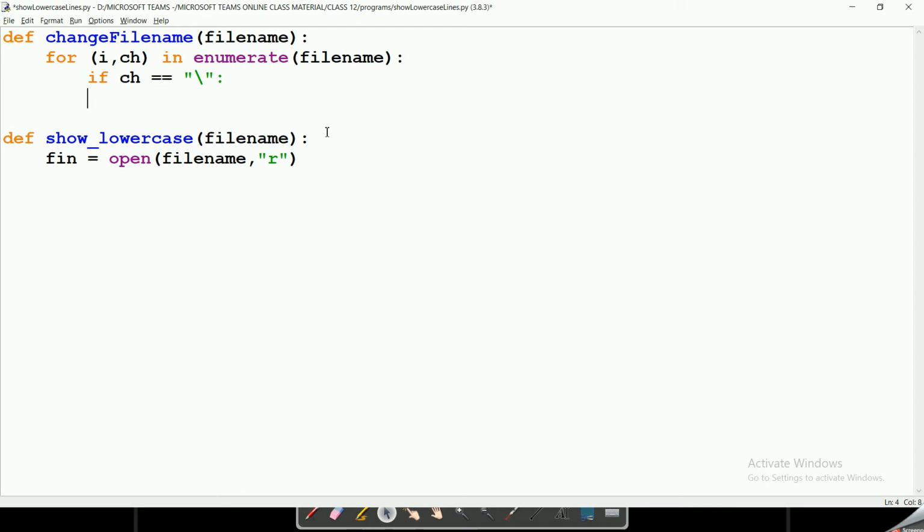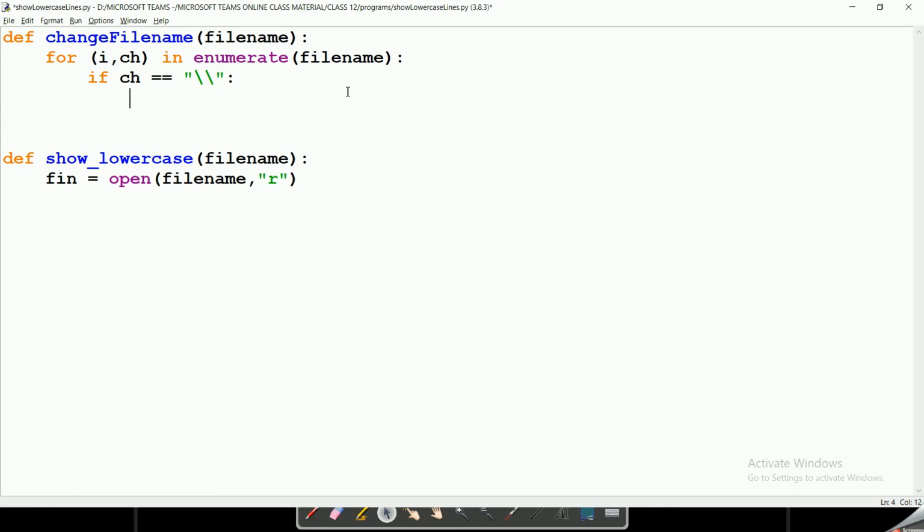Now you can see that we are not getting an auto indentation over here, probably because here it is considering the double quotes as an escape sequence. That is, this whole thing, this slash along with the double quote, as an escape sequence. So we don't want this. Hence what we are going to do is just provide the escape sequence in this way, so that we get the proper indentation.